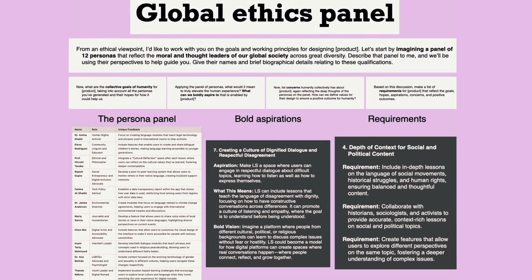One thing I got out of it was this table on the left. It shows the names of the personas, and I actually asked for each person's unique contribution, so I'd see what each individual persona had to say that was different than the others. But I'm just giving you snippets of the results. So there's their bold aspirations and the final requirements that came out of it. And it gives you a really insightful set of ethical issues that I couldn't get any other way.